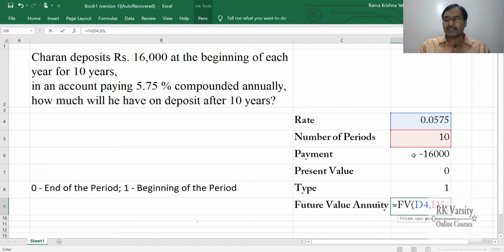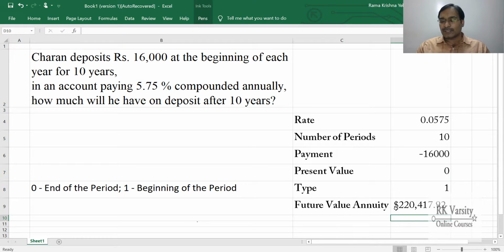Then the payment amount. Each year he is making a payment of 16,000. Select this one. Place a comma. Your present value is 0. Then type here is 1, that is, the investment is made or deposit is made in the beginning of the year. So close the bracket and press enter key. So the amount is